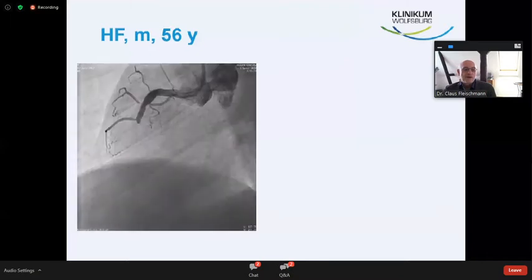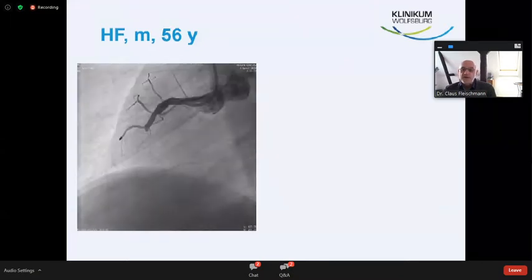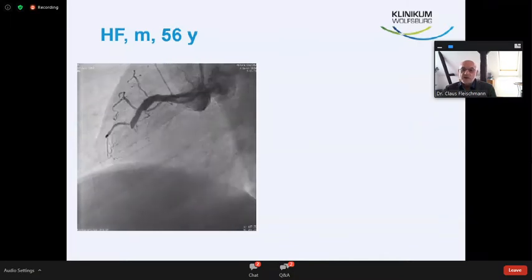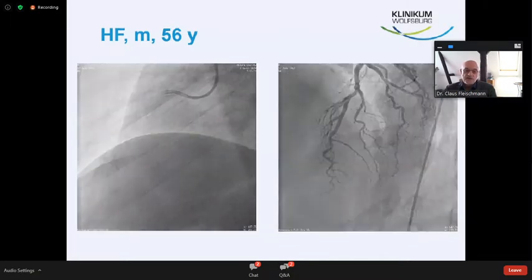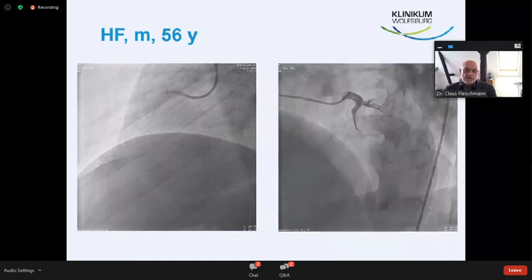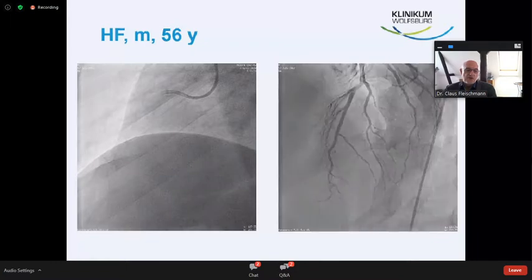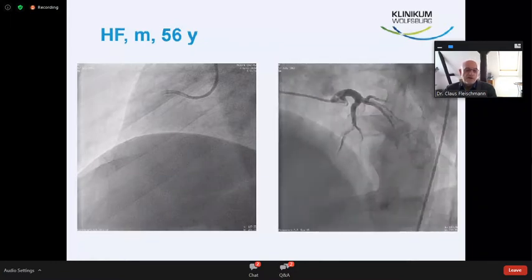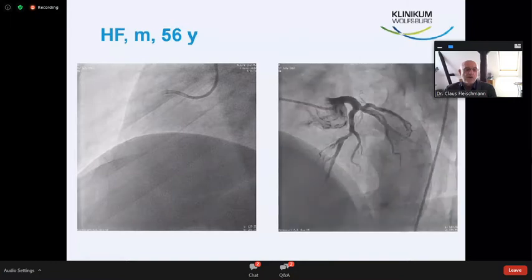We find the right coronary artery proximally occluded. Is quite a big artery, as you can see, and the left coronary artery has no severe atherosclerotic disease, but there are no collaterals from left to right. So it's crucial for the myocardial salvage of the patient to get the right coronary artery open quickly,